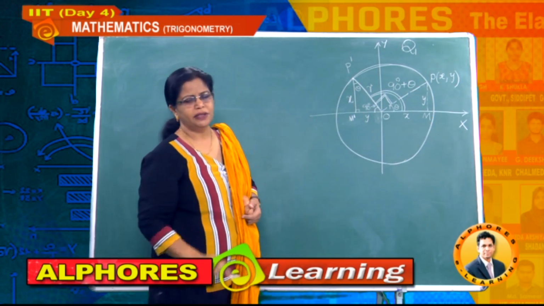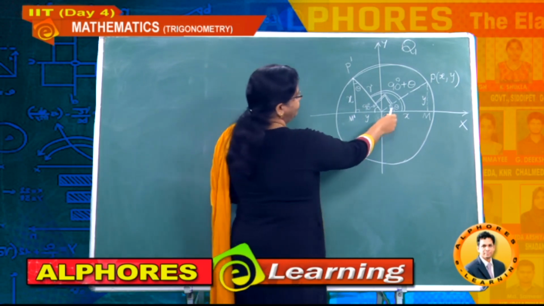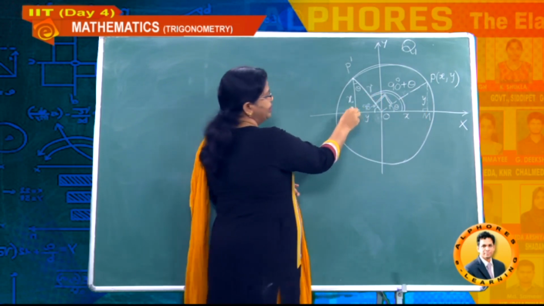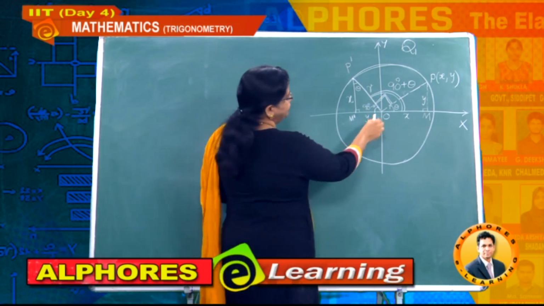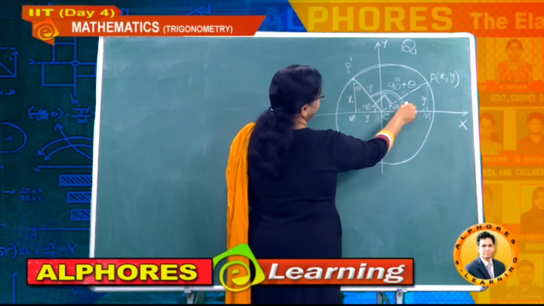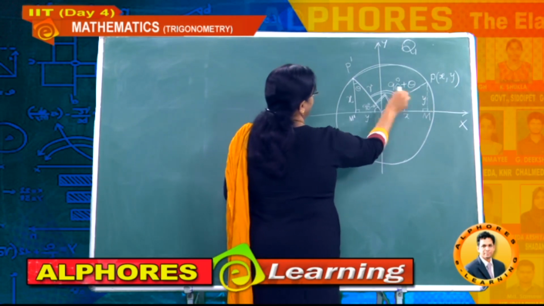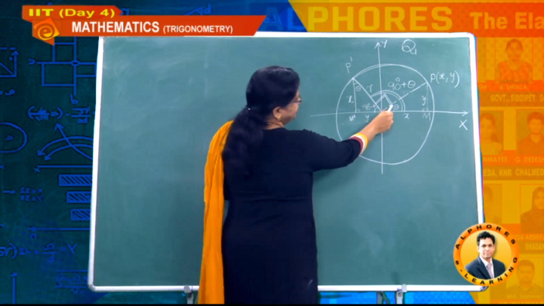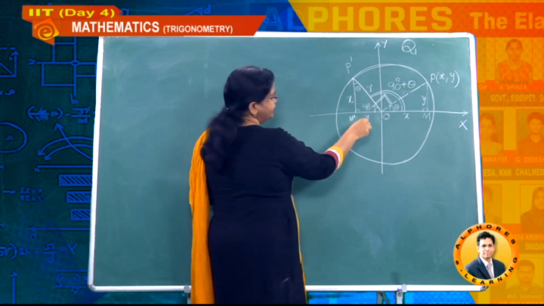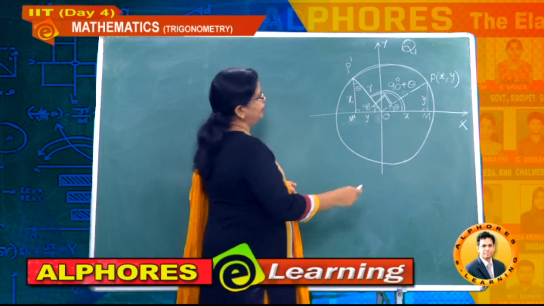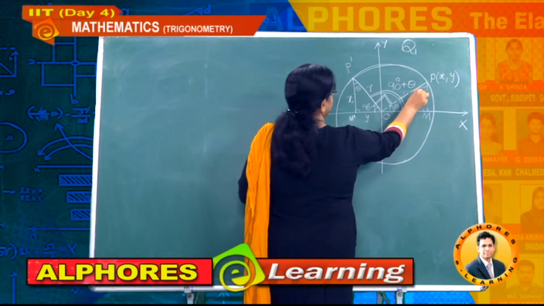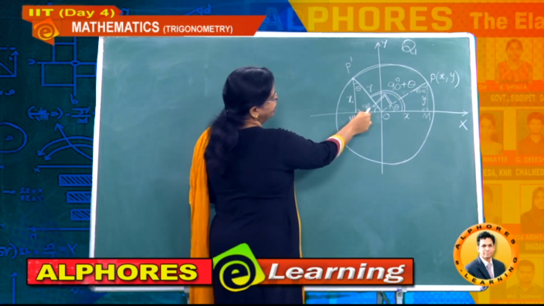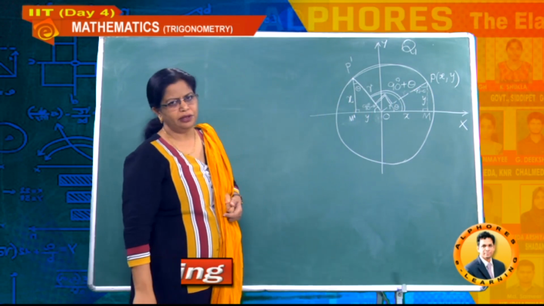right angle triangles, they are congruent. Now if you observe here, opposite to R it is a right angle, here also opposite to R, right angle, and opposite to theta, what is the side we are having? Y. So opposite to theta, here also you should have y only. Here opposite to theta you got y, so here also opposite to theta y. And next one, opposite to 90 minus theta, what is the side you are having? X. Therefore here also opposite to 90 minus theta it should be x only.